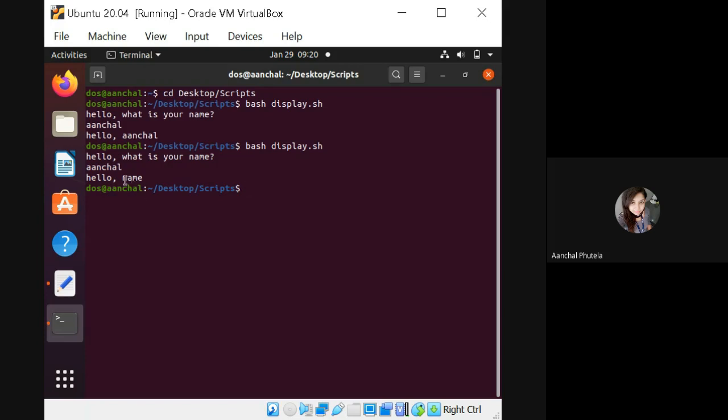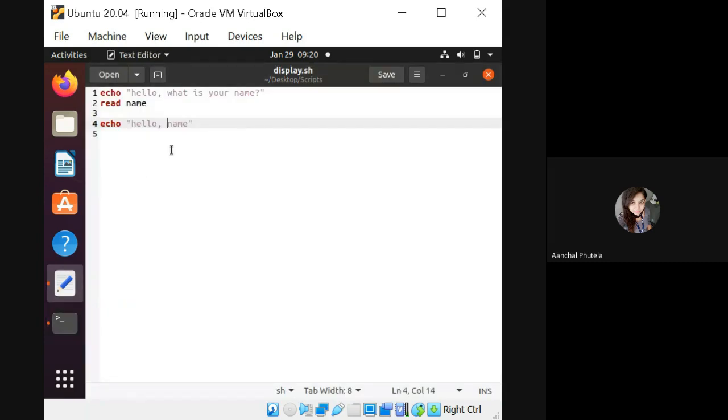It will just print the string as it is that I had given in the echo command, right? So to display the value of the variable, we are using the dollar symbol. Fine. So to display what we had taken from the user input, we are using the dollar symbol here.